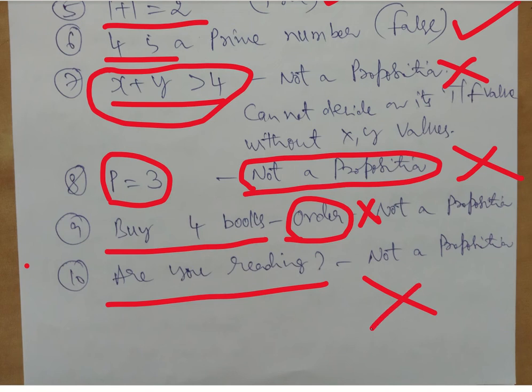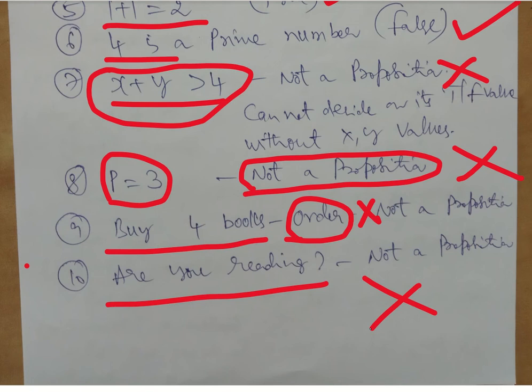So by looking at the statement, you should be able to clearly make out first whether the given sentence is a valid sentence or valid proposition or valid statement. Then only we can apply the logical rules. Hope these things have given you clarity on what a logical statement means, and given a statement you should be able to tell us whether it is a valid or invalid logical statement.